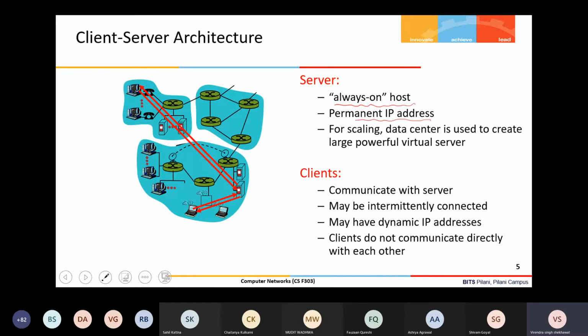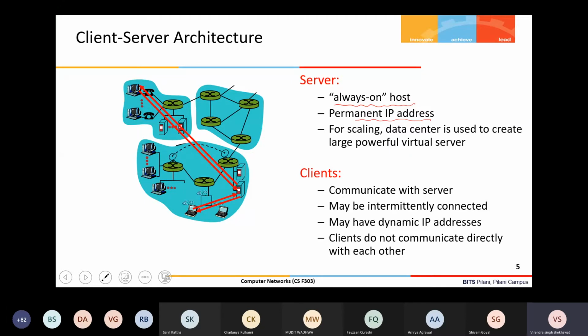As compared to the client-server, I'm going back to the client-server, like you know that if you are accessing Google or YouTube, do you think there is a single server? No, client-server architecture is not scalable, because as the number of clients accessing my server increases, every server has some fixed amount of physical resources, some finite resources in terms of computing, memory, and bandwidth available at the server side. So that is not scalable for any number.